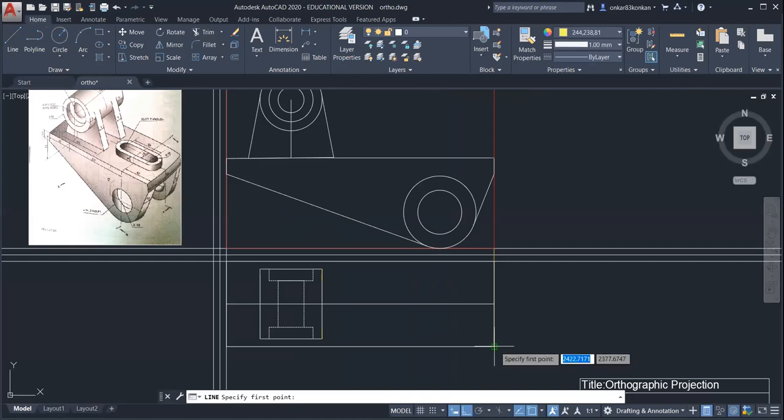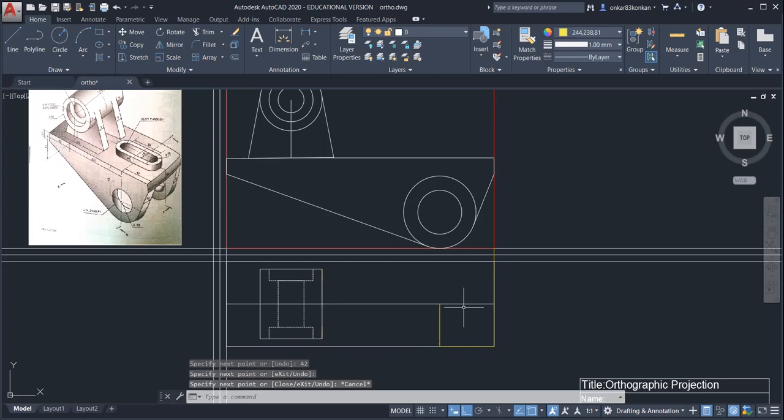From this point, take the distance 42 mm. Okay. Now from this point, take distance 18 mm on both the sides. Okay. So this is the center.